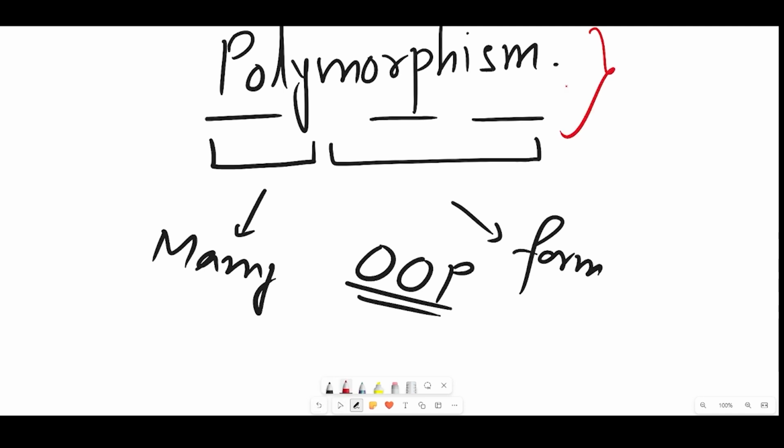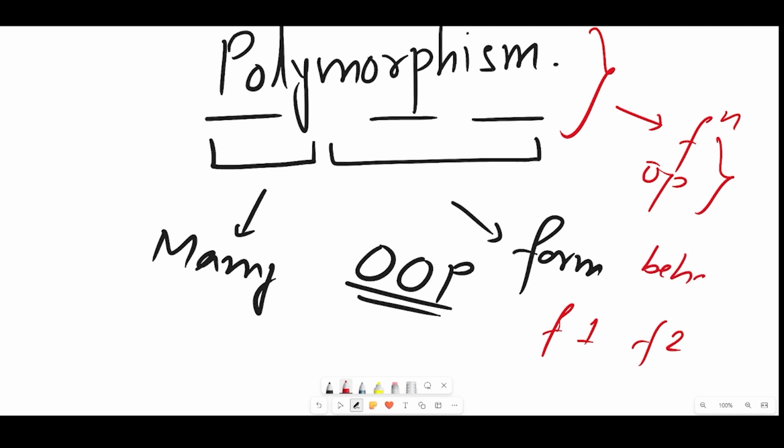That means in polymorphism, if you have, let's say, one function or any operator, they are the same functions. Let's say if I take an example of two functions, f1 and f2, they are the same functions, but they behave differently. Then we call it the concept of polymorphism. So it's the same function, but put separately, and both are behaving differently. Why they're behaving differently, even being the same function, that we have to learn. And that is how the concept of polymorphism works.